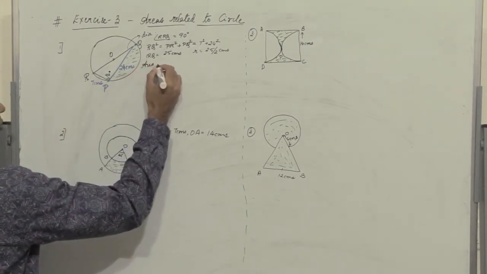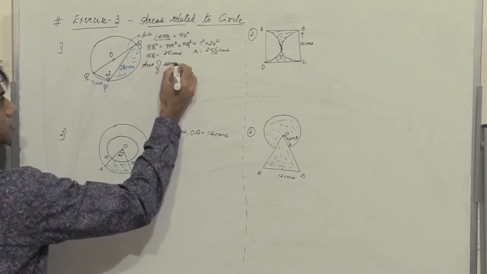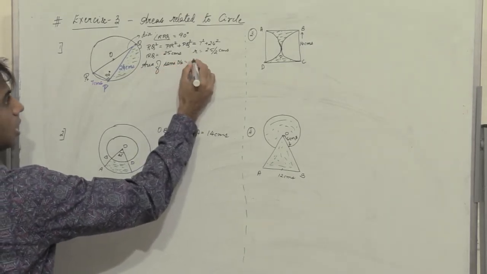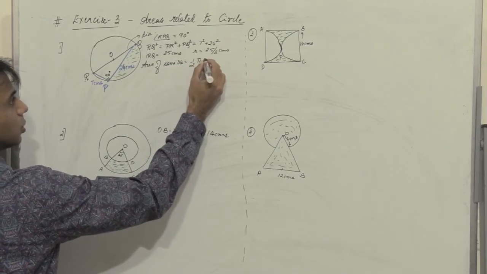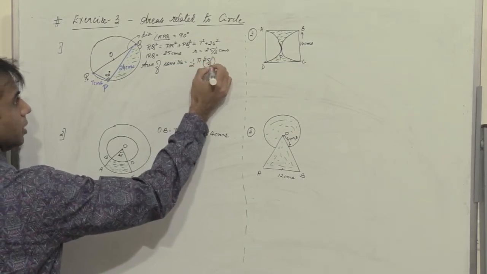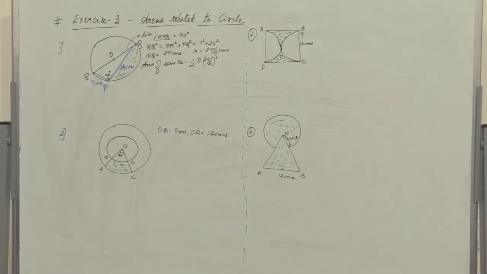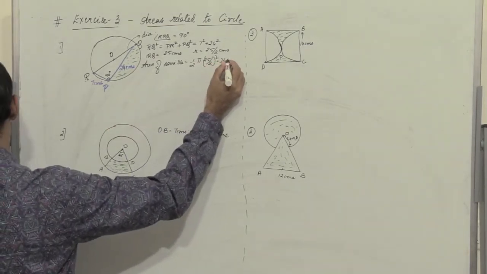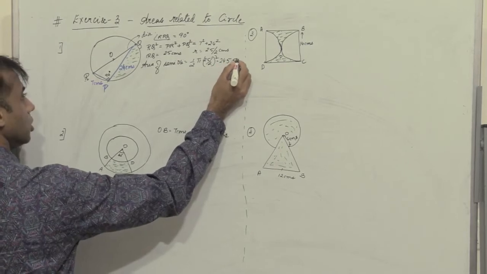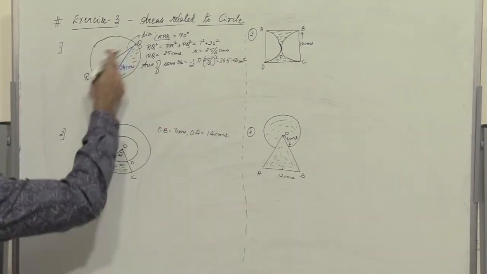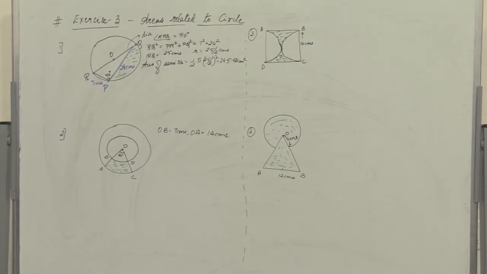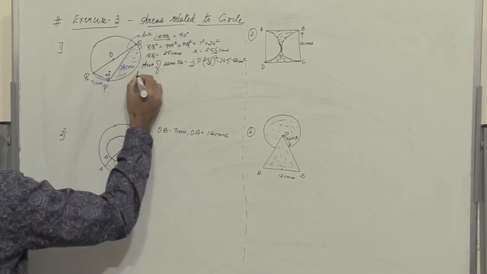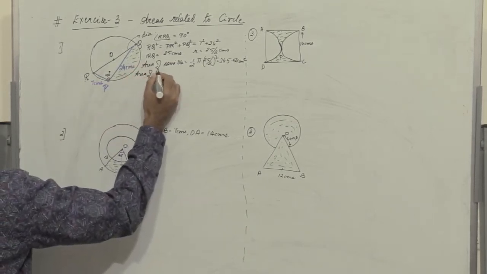So area of semicircle is nothing but half pi r square, which is 25 by 2 the whole square. So we get the value as 245.54 centimeters square. So this is the area of the entire semicircle. And then we find the area of the right angled triangle. So area of triangle